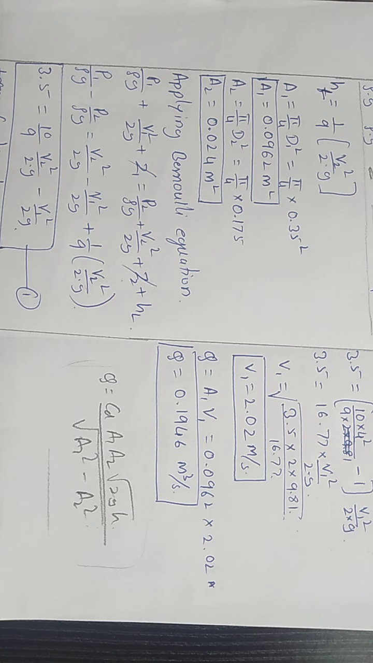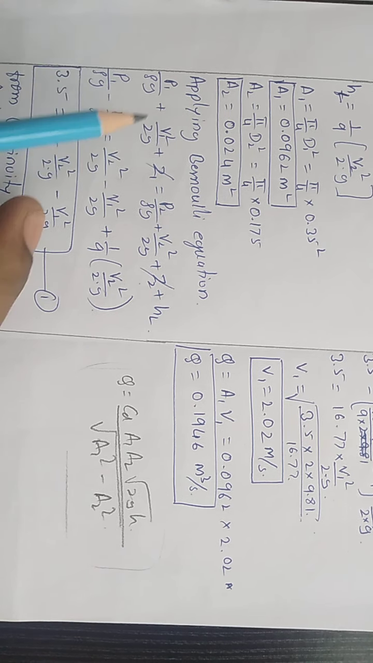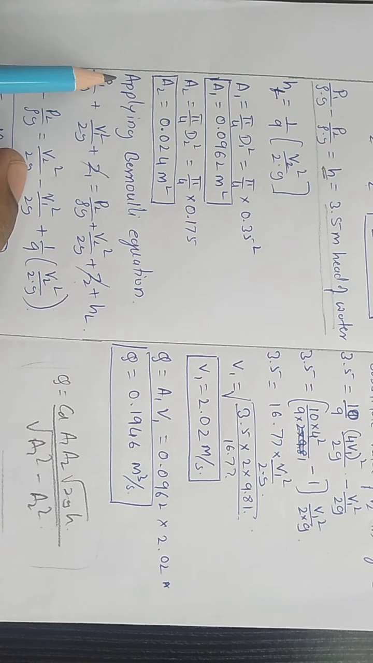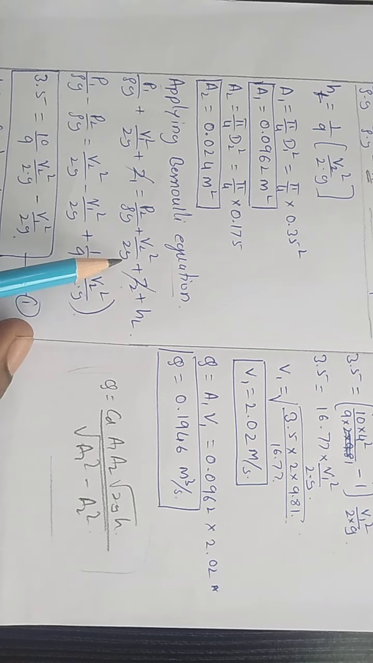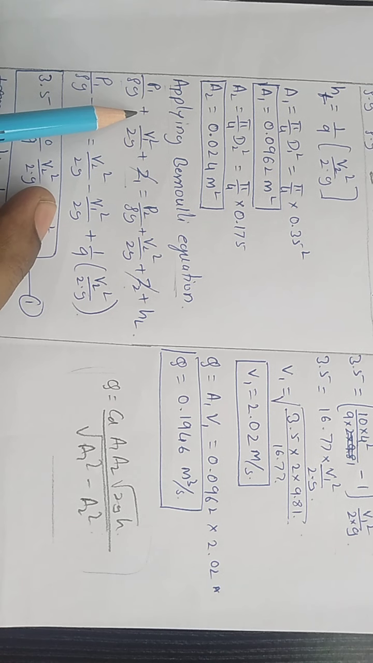We have to derive the formula from the beginning, and then get the answer. So now we'll start from Bernoulli's equation. This is the expression for Bernoulli's equation: p1 by rho g plus v1 square by 2g plus z1 is equal to p2 by rho g plus v2 square